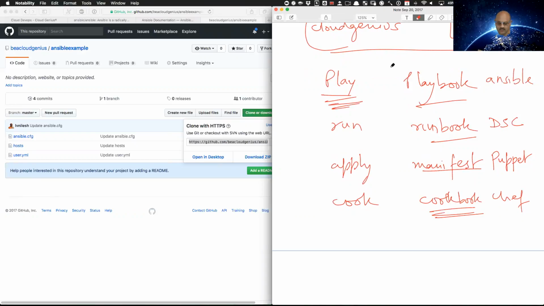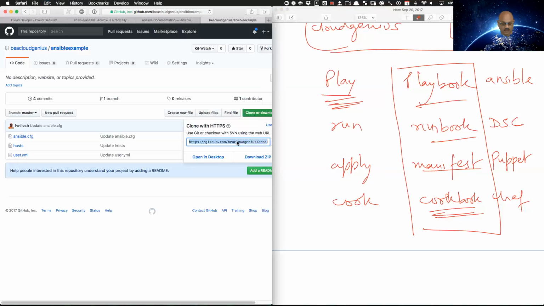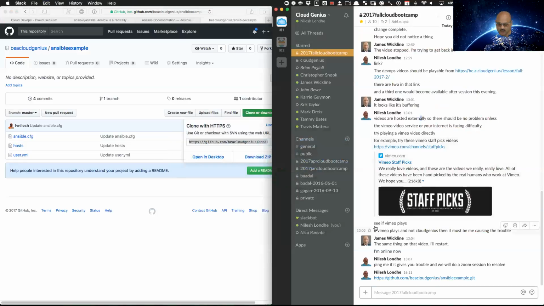So a variety of things basically accomplishing the same kind of method with different languages, different frameworks, different applications, and slightly varying designs. That link that I just took from here, I have pasted it in Slack chat. What that does for us is that we can actually start playing along with that particular example in